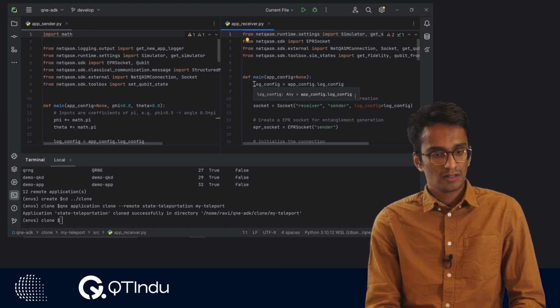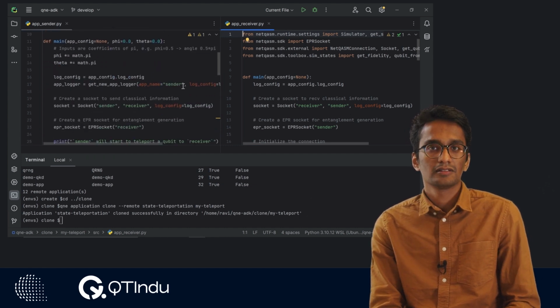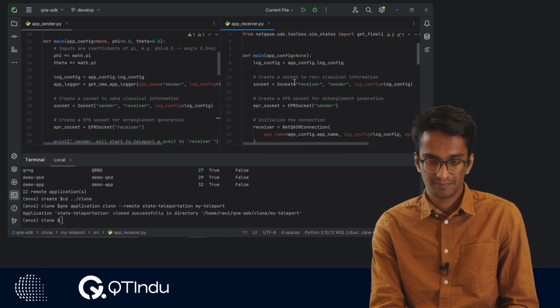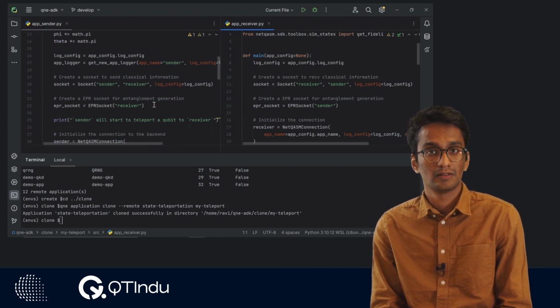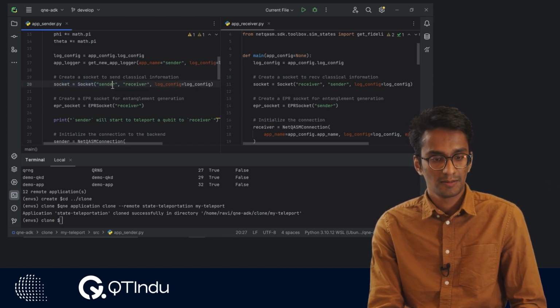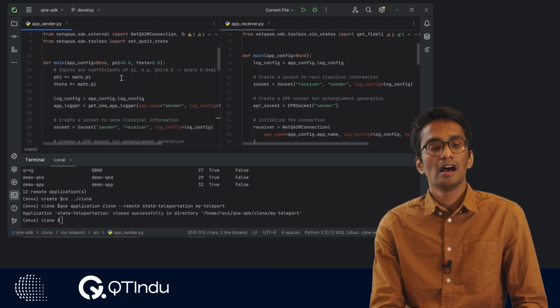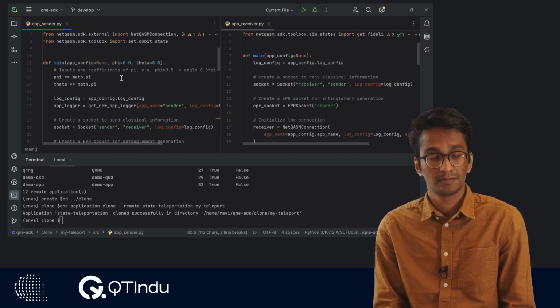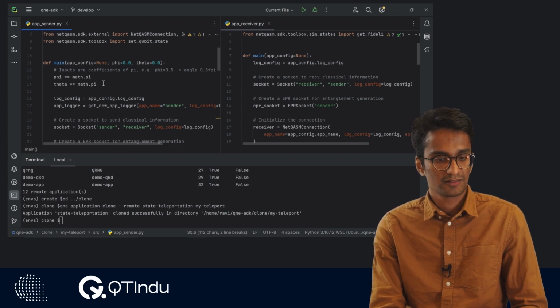As mentioned before, all the required libraries are imported beforehand, and the application logic starts inside the main function. The 3 components that are important while running a quantum network application are also specified here, which includes classical sockets between the sender and receiver, an EPR socket from the sender to receiver, as well as a netcasm connection object. Application-specific logic, for example, in the case of teleportation application, that includes the state of the qubit that you want to initialize in, is also presented here.